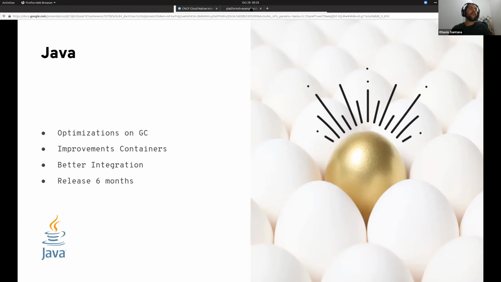A better integration with the hardware. And yes, a release every 6 months, twice a year. We have a Java version that is a flagship preview, where you can, if you want to, try new features. Basically, the whole idea of the 6-month release is to make the product closer to the clients or the users, that are us, right? So the whole idea is to get closer and quick feedback, like agile methodology.